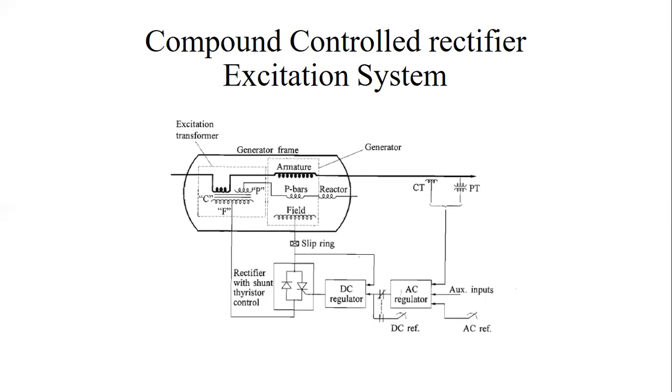The current source is obtained from the current transformer mounted in the neutral end of the stator winding. These sources are combined through the transformer action and the resultant AC output is rectified by the stationary power semiconductors. The means of control is provided by the combination of diodes and thyristors connected to form a shunt bridge. A static voltage regulator controls the firing circuit of the thyristor and thus regulates the excitation of the generator field.